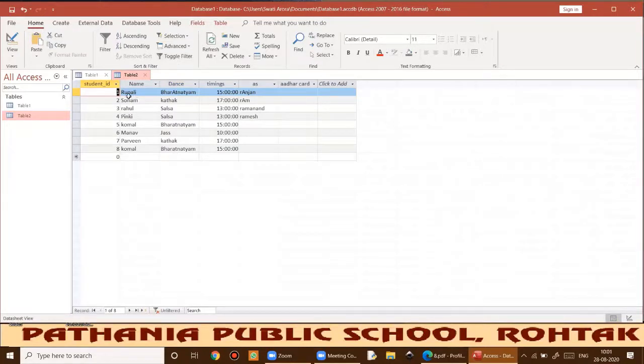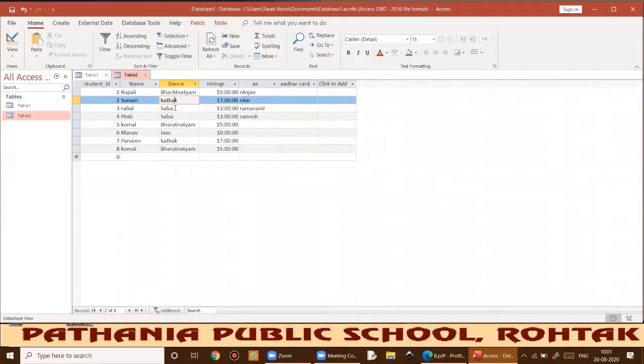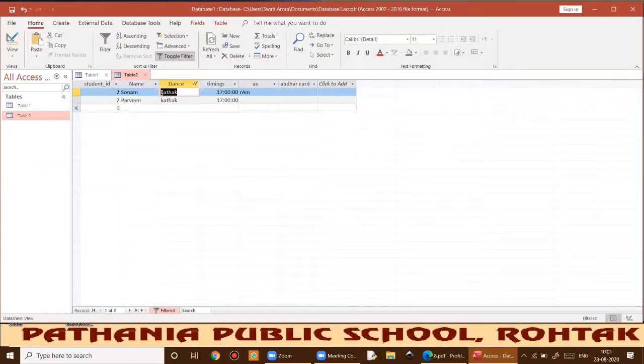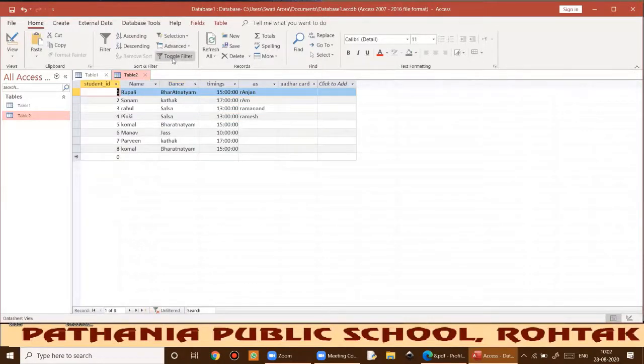Okay, so what I'm saying, like I want Kathak students only. So whatever selection criteria I want to implement, I just need to first select that particular cell, then I'll go in that selection option, then equals Kathak. So how many students are having Kathak? This way I can easily get it. Okay, I hope it is clear to you. So if I want to revert it, I need to click on toggle filter.